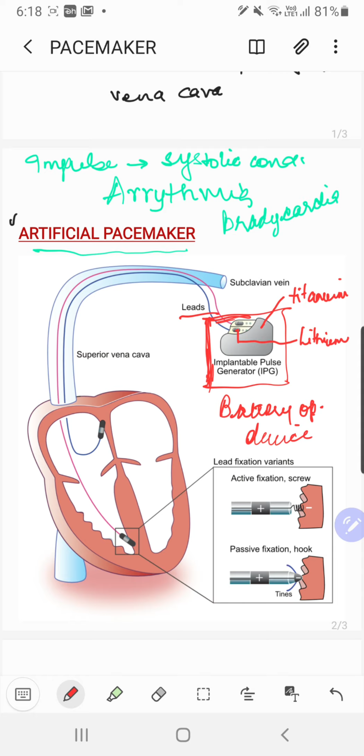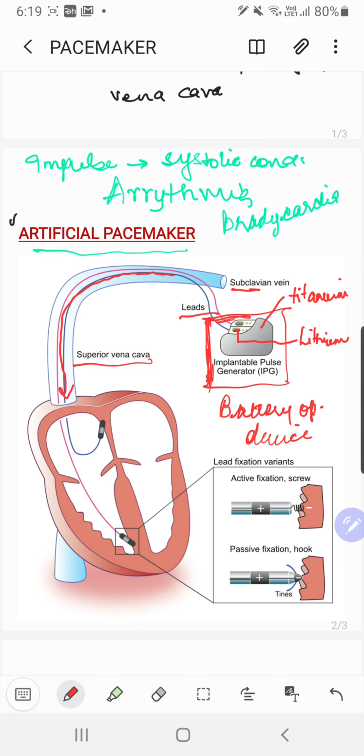People understand when we say electrodes, those people who go for an ECG must have seen small circular pads stuck on the chest area so that the cardiac impulse can be detected. So here also you have some thick portion at the end of the leads, and what is the purpose? To fix them in the heart, right? You can see that through the subclavian vein, which is part of the superior vena cava, these two leads are passed through this vein, which has a wider lumen, you know that very well.